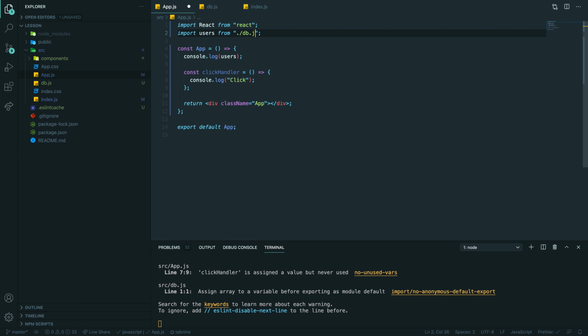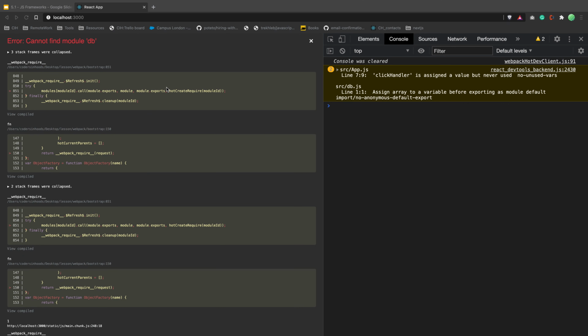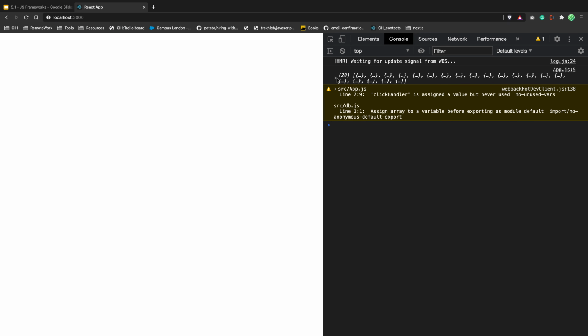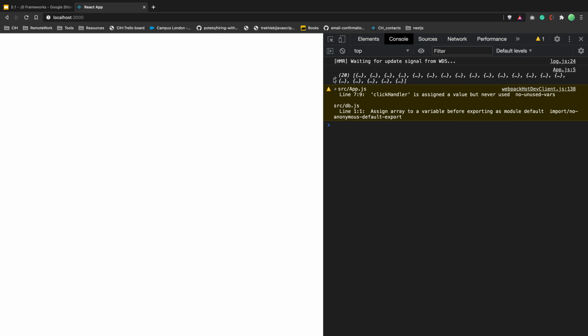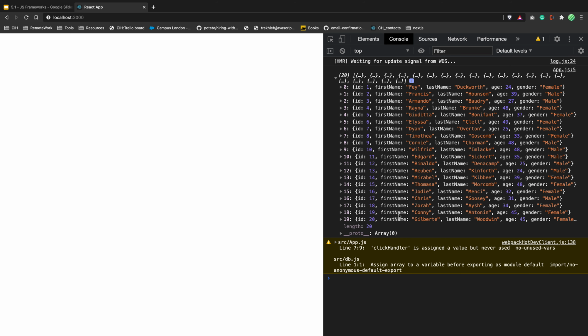Is it because of JS? Yeah, beautiful. So when you import it, you need to specify the file type as well for some reason. It should recognize JS by default, but I don't know what's going on. So now we have all our users, right?